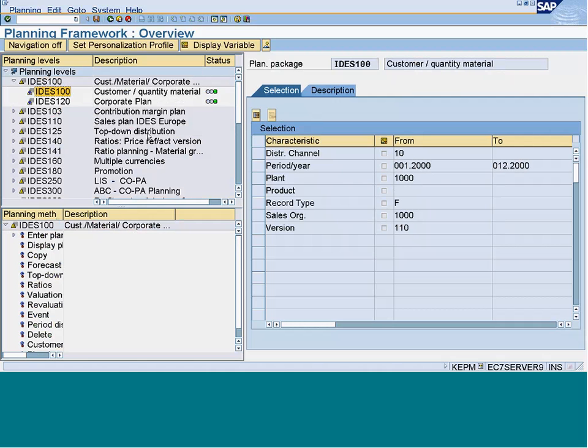So if you see the package level here, they filled up the period. For example, at the planning level, period is not filled up, record type is not filled up, but at the package level, they are filling it up with the period and the record type. Again, this is one way of doing it. It's not that all the time you will do it like this, but what you need to understand is that at the planning level,